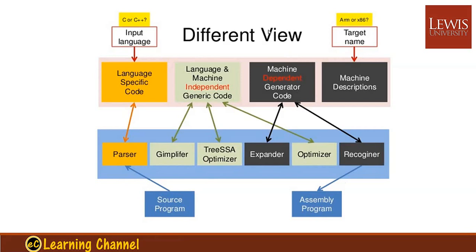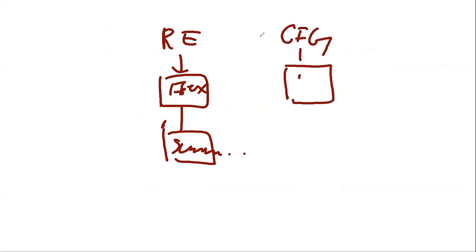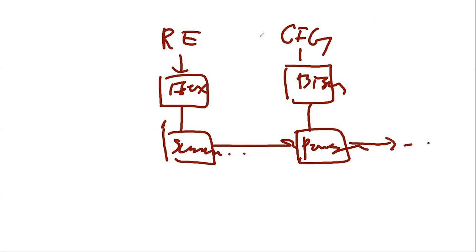So if you look at it, remember the one we talked about early? It's somewhat like the one we talked about. You have the regular expression passed through Flex, okay, and then generate this scanner, and then you have the context-free grammar, and then go into Python, generate your parser. Okay, you do this and then the zero stage, something like that. Okay, a simple table here,